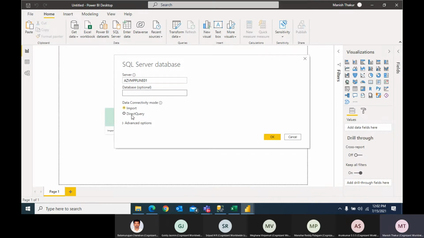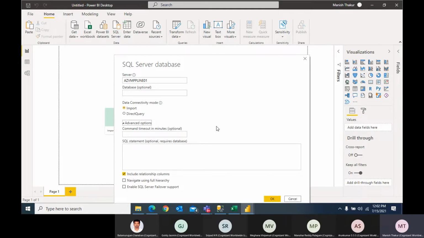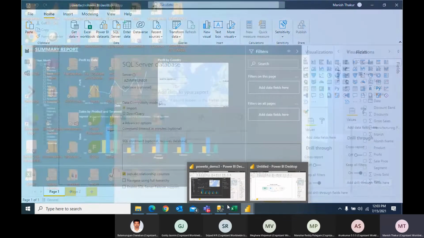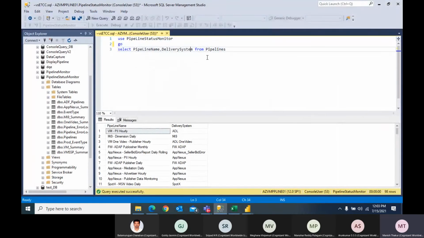Database name is optional, and if you click on the advanced option, you'll see something called timeout. Till what time you want that data to be fetched, you can give, and also you can manually write the query, on what columns you want to enter.